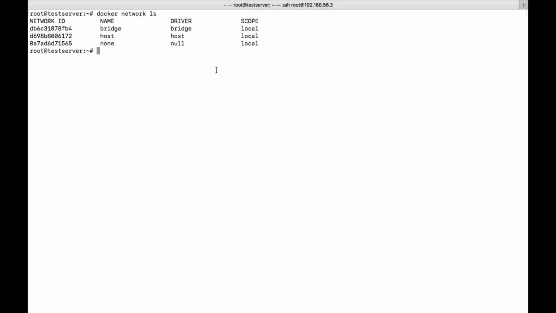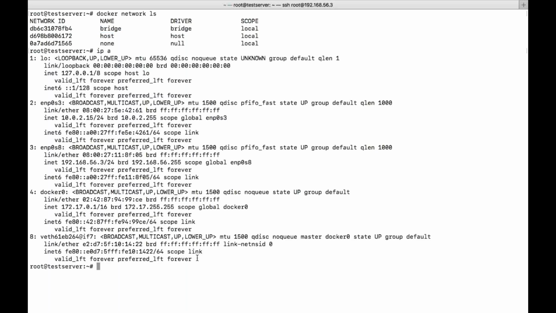What is host? Host, in the sense, whatever network is present in the host machine, if you want to have this entire network in your container, then we need to use host. There is no need to give a separate IP address. Directly it will get the IP addresses of your host machine. So with the host network, there is no need of port forwarding. Directly we can access the application running in the container with this IP address. That is the advantage of it.